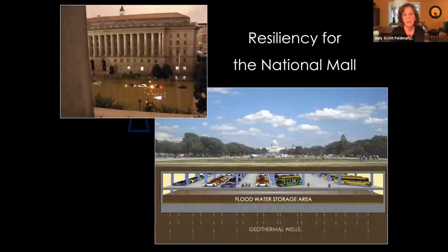Yes, we could put in charging stations, but there also may be other needs in the future that we can't even anticipate at the moment. One civic leader suggested that maybe we need a shelter-in-place facility in the middle of the mall. Congress has one under the Capitol. Maybe the citizenry should have one where so many tourists and local citizens could go to, and it could be